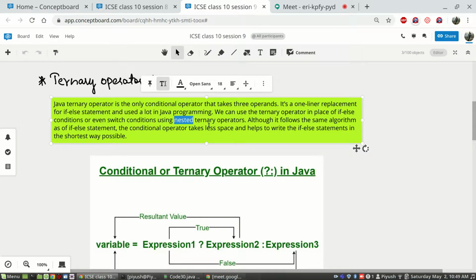Although it follows the same algorithm as the if else statement, the conditional operator takes less space and helps us write if else statements in the shortest possible way.